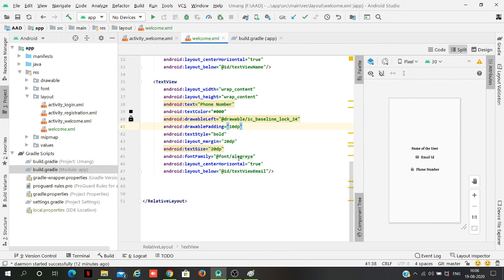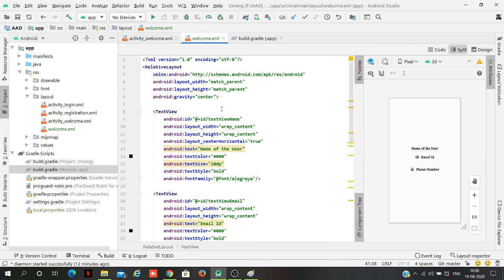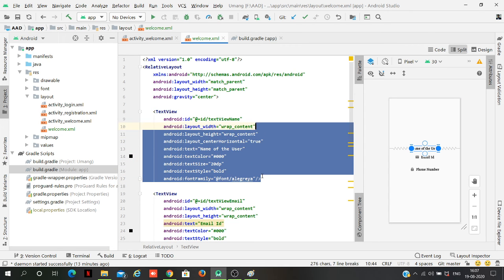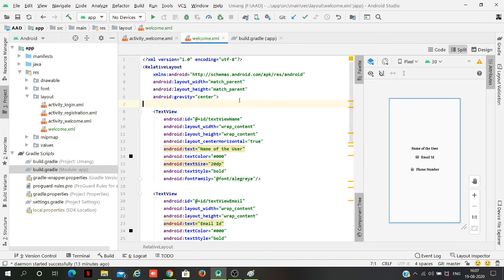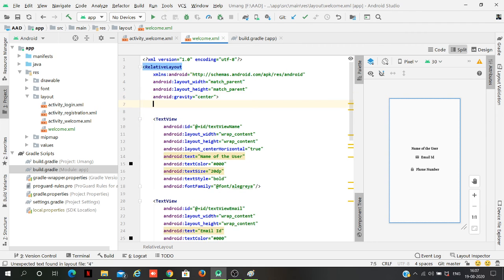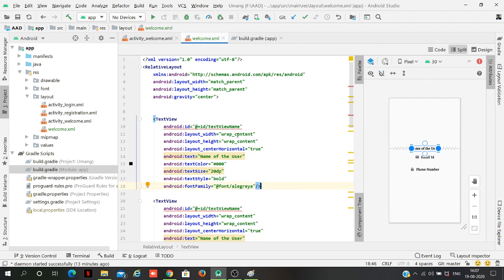This is how we wanted our relative layout to be. If you want to do some other things like welcome user, you can do that also. Now as we are running short of time, I'll do it very fast. Text view, welcome user.